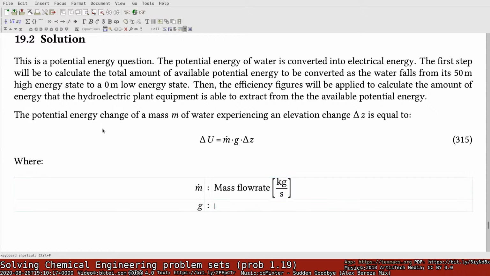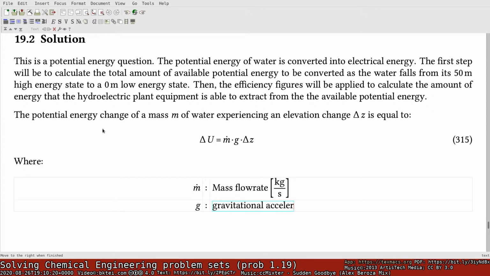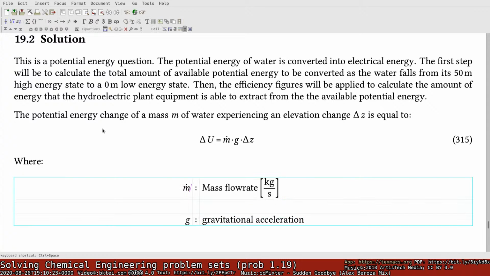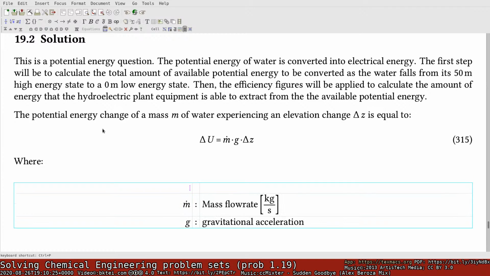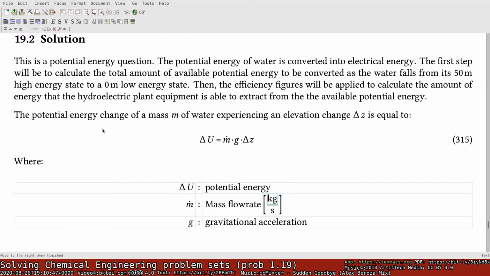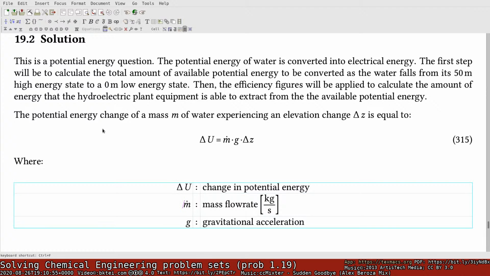And G is the gravitational acceleration, and we'll also put in a thing for the delta U, not delta Y, delta U. All right, delta U is the change in potential energy, and your units are